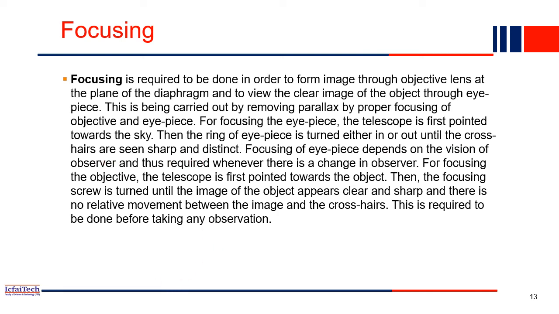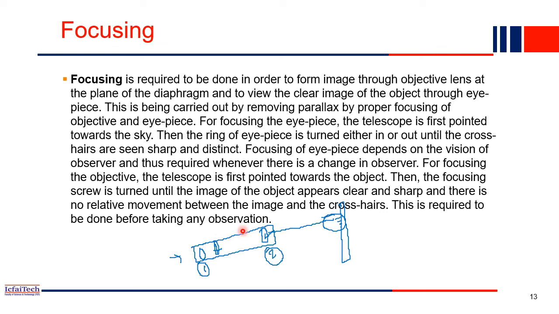Let me draw it again. What happens inside is this: this is a telescope, right? Here you have one lens, and here you have another lens, and at the center you have the crosshair, the diaphragm will be somewhere there. From the eye, you have to look in this direction. So there are two lenses, lens number one and lens number two. First with lens number two, we have to sight the object. For example, here you have the staff. This staff reading has to be clear, so lens number two has to be focused so that the staff reading is very clear.